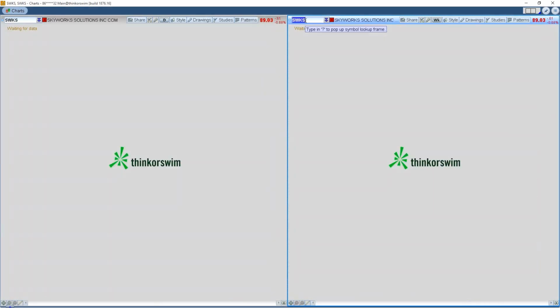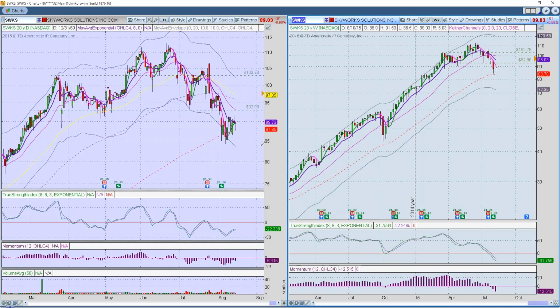SWKS is, I think, in similar condition. It's hanging right there at the 200-day moving average. And if you recall, a couple of years ago in 2013, there was another stock that came down after being a leader on IBD 50, and that was 3D, DDD, and it came down, hit the 200-day moving average several times, bounced along it, and then rebounded and took off on a very nice up move.